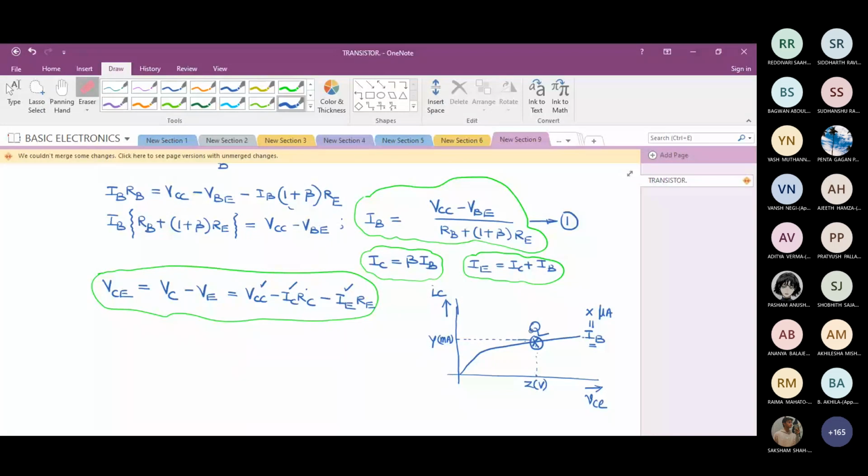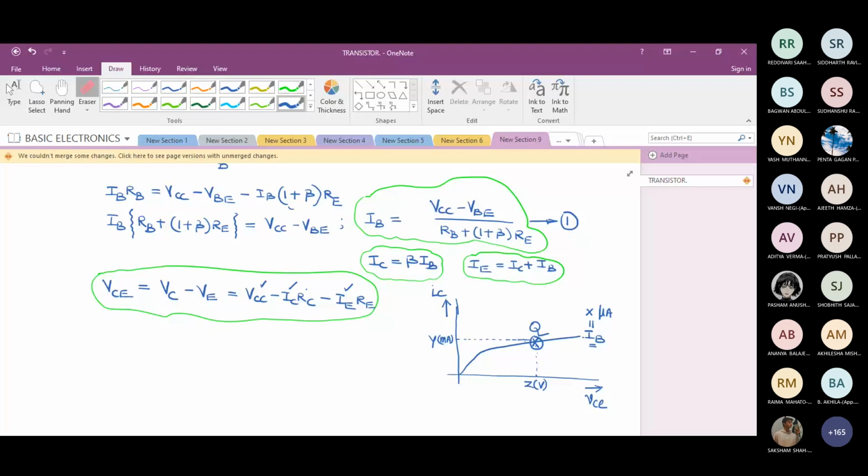Why should we calculate the operating point of a given device? If these three values are different from the operating point, suppose we have a particular IB, and we don't use the particular IC and VC for that IB, we'll damage the transistor. That's why we find the operating point. Anything else? Any other information we get by calculating IC, IB, and VC?